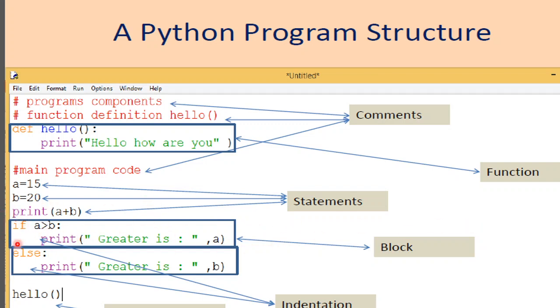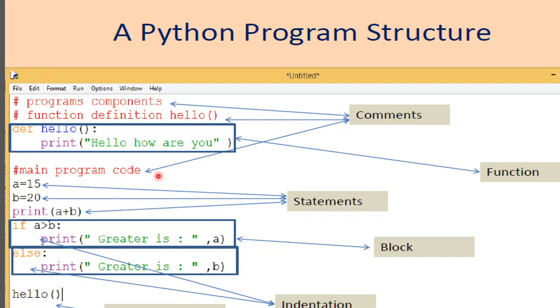Again, if this condition is not true, then the else will be executed and this block will be executed. If this condition is true, then this block will be executed. If this condition is false, then this block will be executed. These are the blocks. Now, every function executes when it is called.